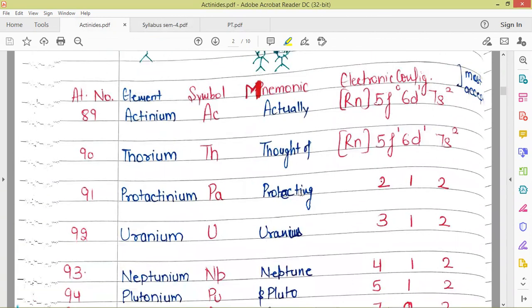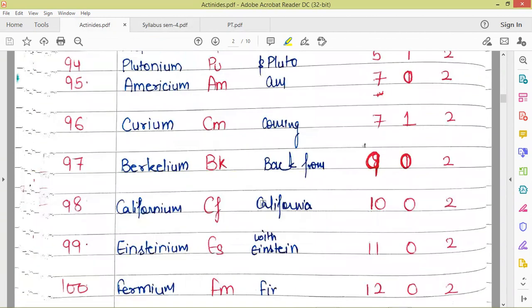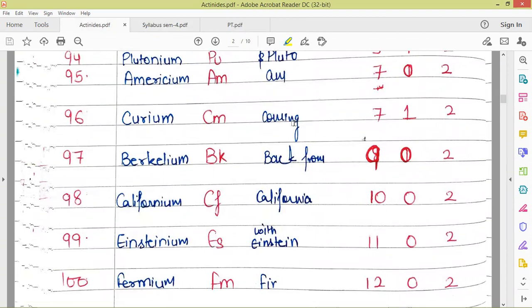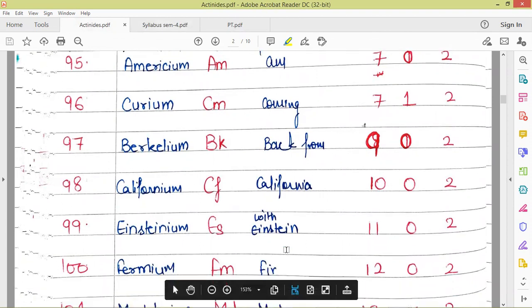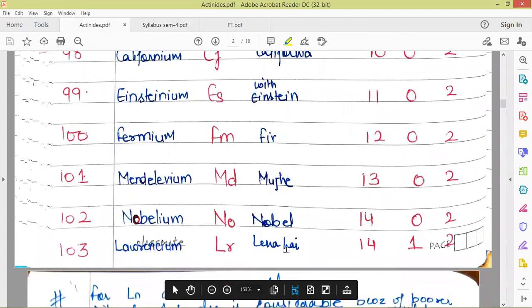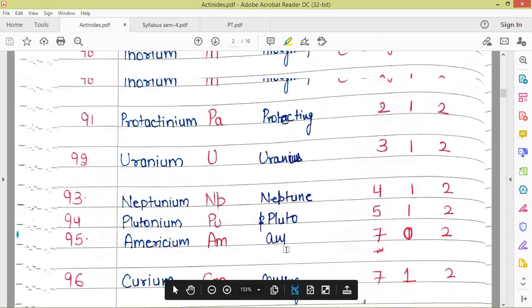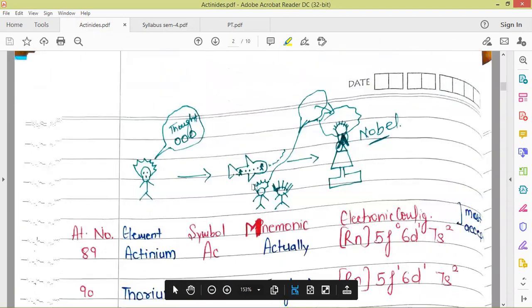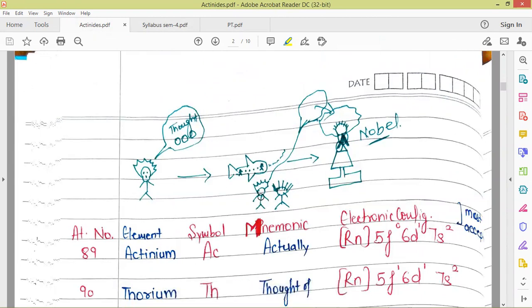He is telling his assistant that I'm coming back from California. Presently he's in California. So he's telling his assistant that I'm coming back from California with Einstein. Then I have to get the Nobel. So his ultimate aim is to win the Nobel Prize by protecting these 3 planets. Here I have drawn Einstein. So this is the planetary scientist. He gets onto the plane with Einstein, and he is coming back to his native place, and he will work for the protection of these 3 planets, and he will grab this Nobel Prize.